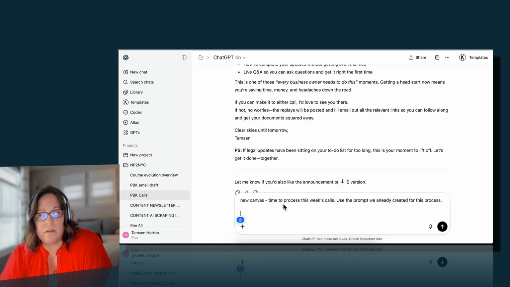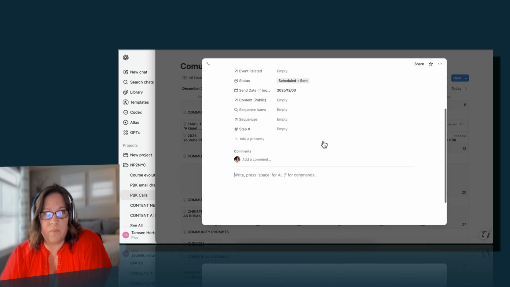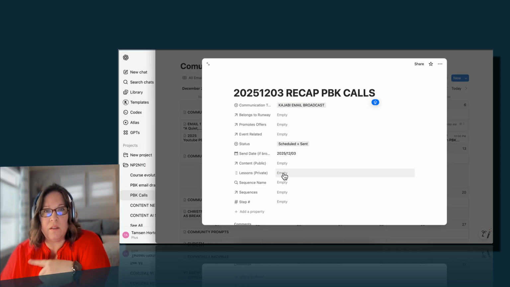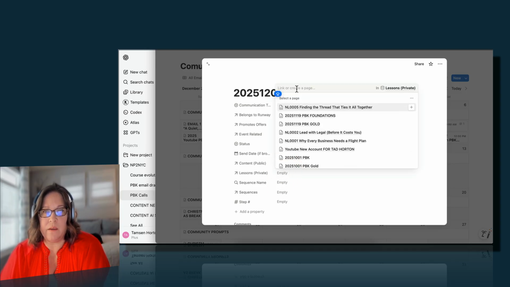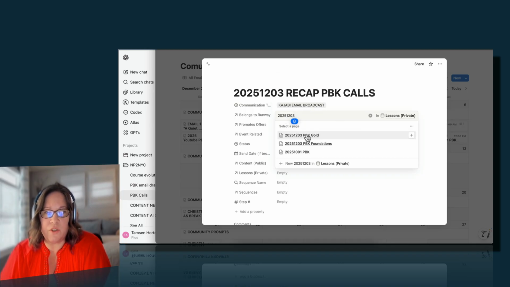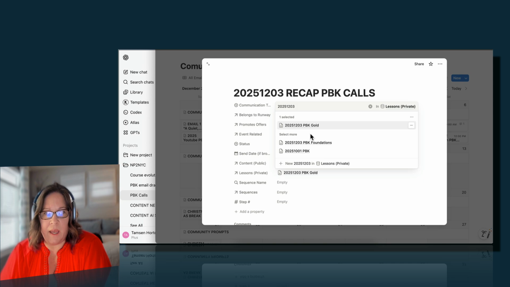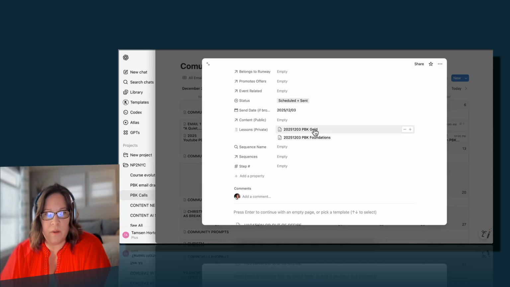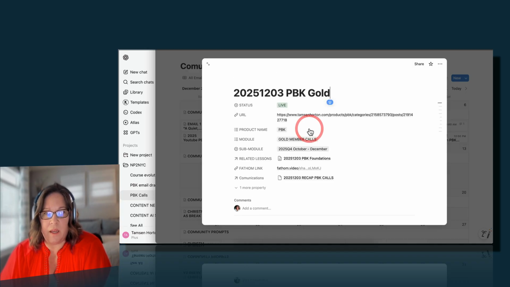I want it to make a new canvas for this week's call. I want it to use the prompt that we've already come up with. And all I'm going to do is go into Notion right here. So I just need to come down to lessons because this email is going to cover the calls from today. So I will choose gold and I will choose the foundations call, just like so. There we go. So now I can just click on gold